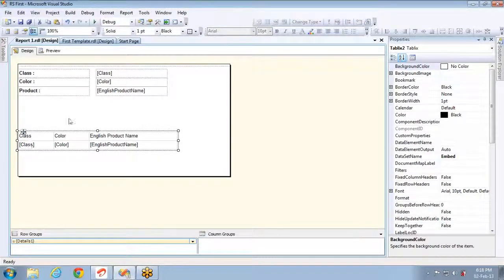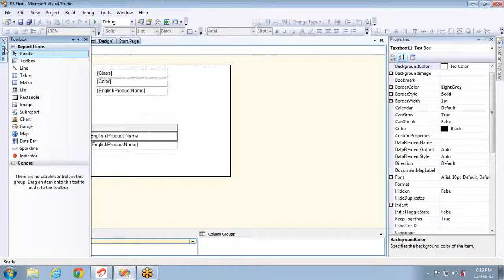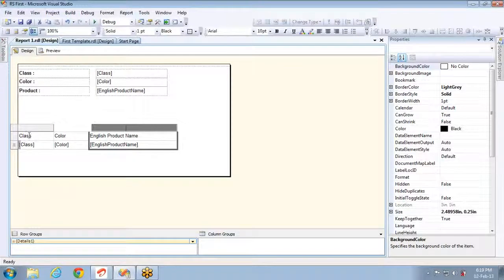So a table can't be placed inside this. Why? Because this is grouped on some values, and inside that it is asking for detailed information. So placing a table is not the right option for list control. For list control, generally you can do the work by using text boxes, and you have a couple of other things like a line to differentiate categories, and you can use images if you want.